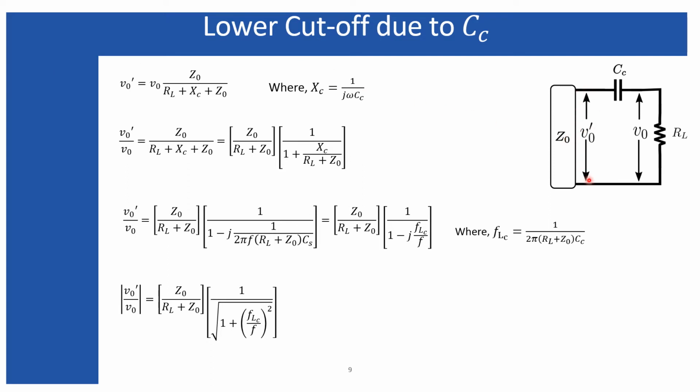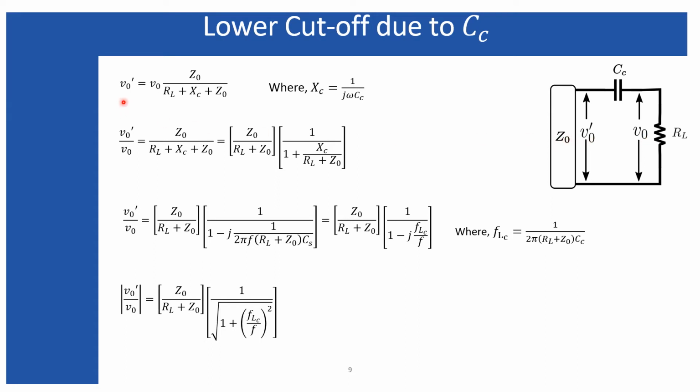In this case, I am considering Vo dash as the voltage appearing across the Zo, and Vo is the usual output voltage notation I am considering across the RL. But as I am interested in finding the equivalent resistance or the lower cutoff frequency, you may assume that you are applying some external voltage source named Vo, which produces some current, and finally a derived voltage Vo dash appears across the Zo due to the applied voltage Vo.